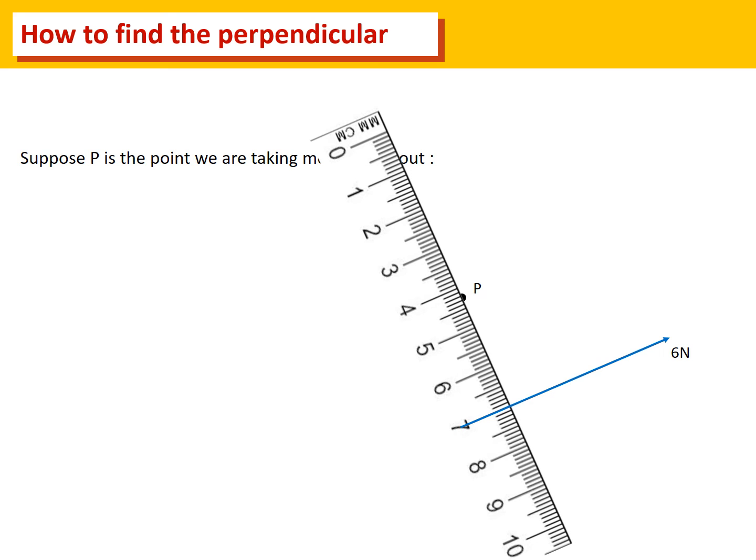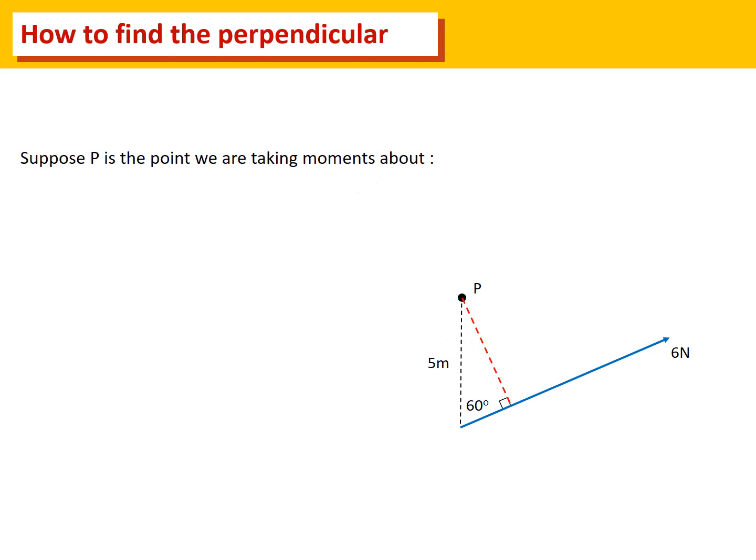So we can see now that the line of action of the force still runs over that 7 centimeter marking, which means this edge is at 90 degrees to the force, and now the line of action, or the perpendicular, passes through the point P. So this is the distance that we want. We mark that distance in, and then using